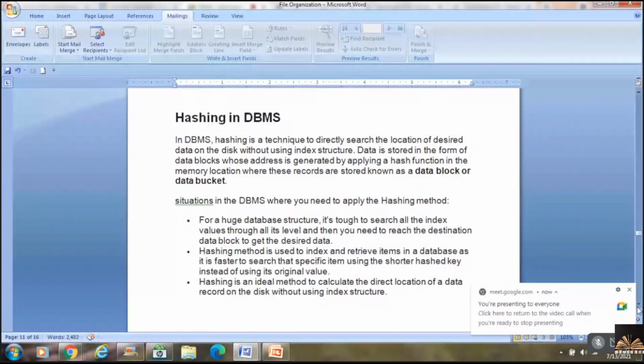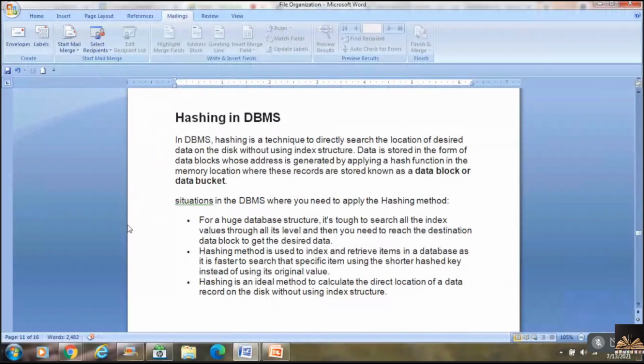Now we are going to the concept of hashing in DBMS. I have given you the basic definition of hashing, what I mean by a hash function, and how we store everything using a hash function. I told you clearly that it can be used to directly search the location of the desired data. Why?